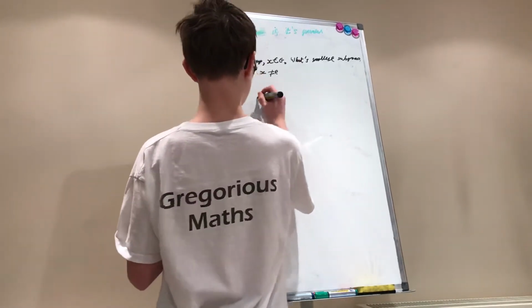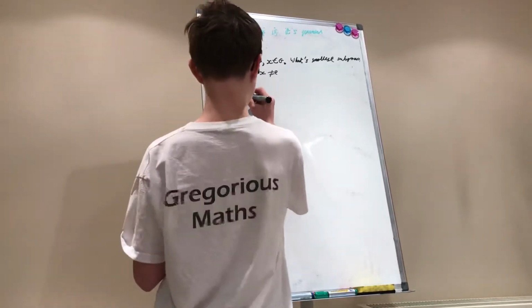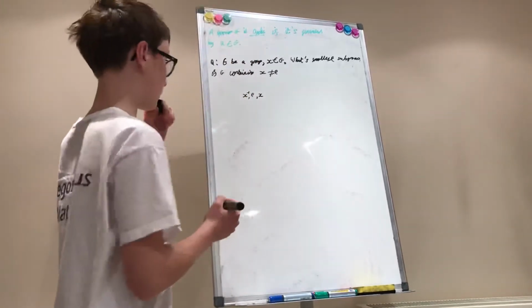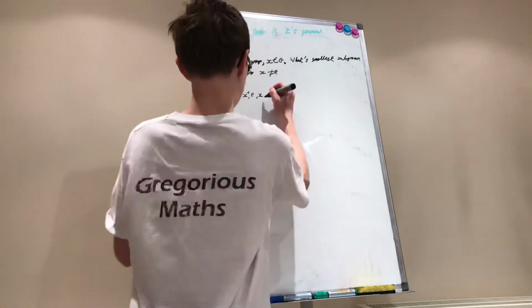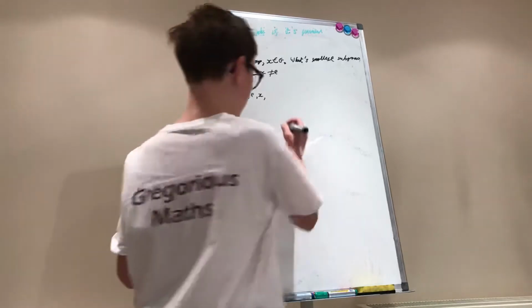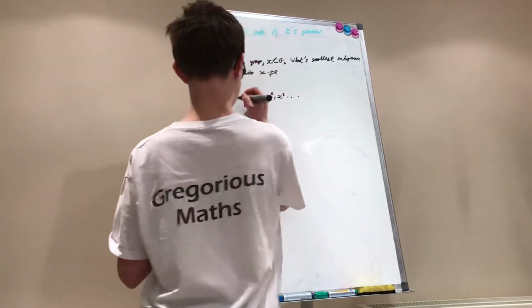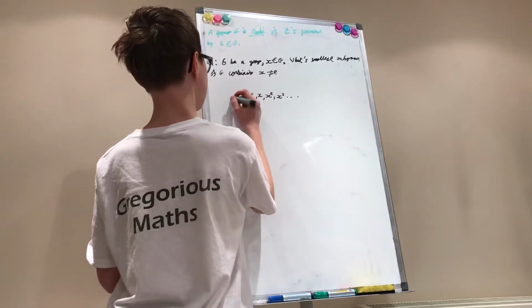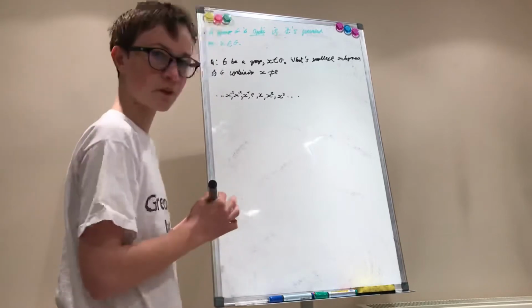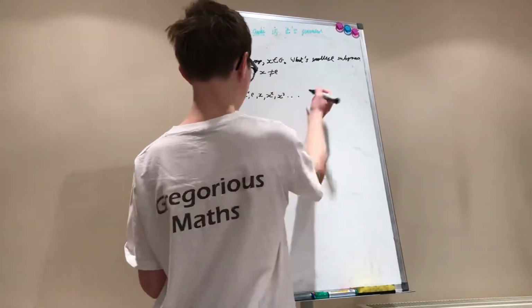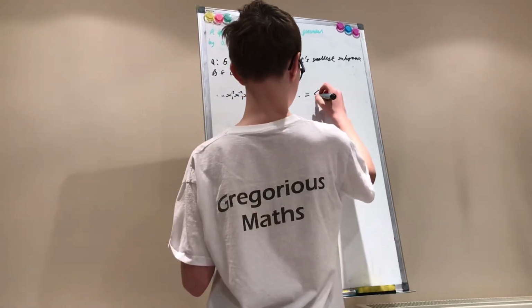It has to contain the identity, and it has to contain the inverse. And let's say G is a group under multiplication. So to be closed under multiplication, it has to contain all of the powers of X. But then it has to contain all of the inverses of the powers of X. And we say that this group is generated